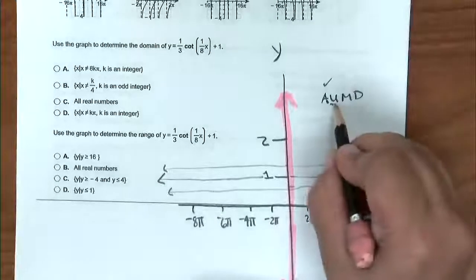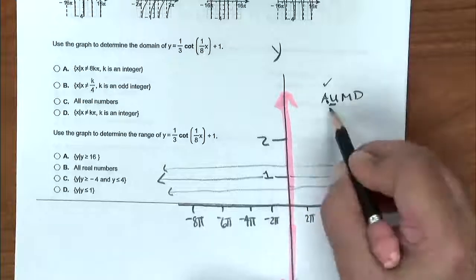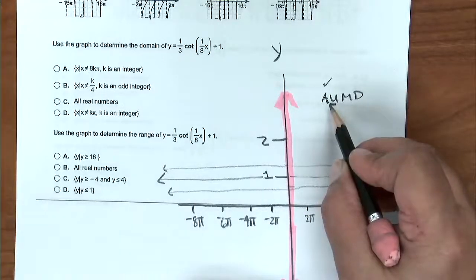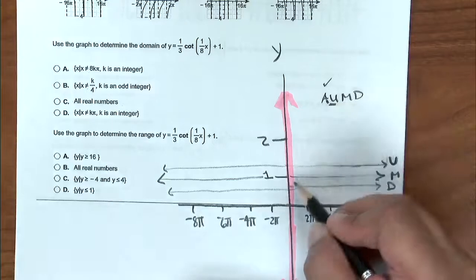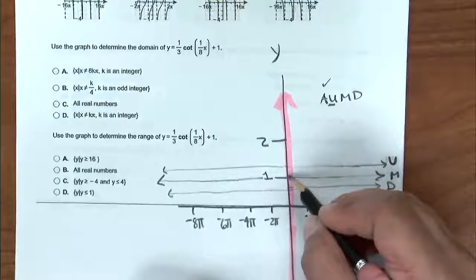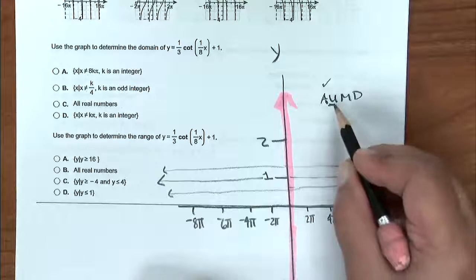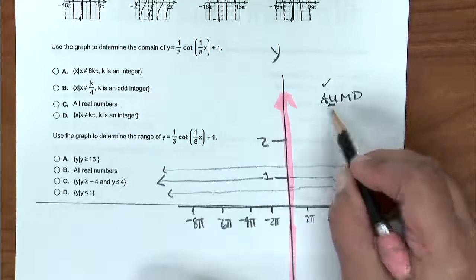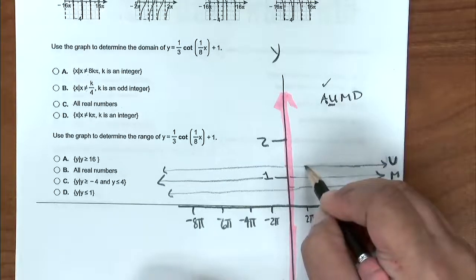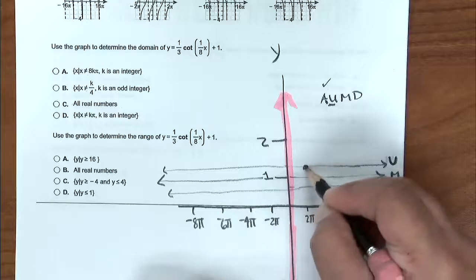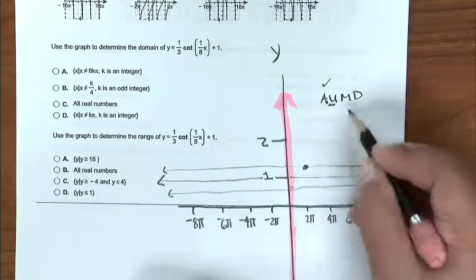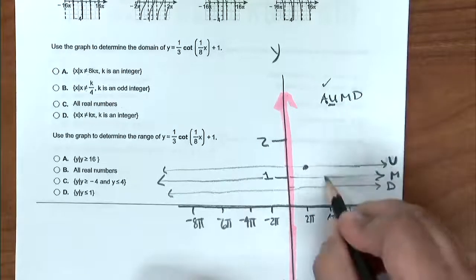Okay, now we're going to go to this. All right, you know that every time we do something in the pattern, we slide. We slide over whatever the jump is. Our jump is 2 pi. So let's move 2 pi away from the asymptote and do what this says. Plot a point on the upper level. Let's slide again, 2 pi, and do what the third letter says. Plot a point on the middle